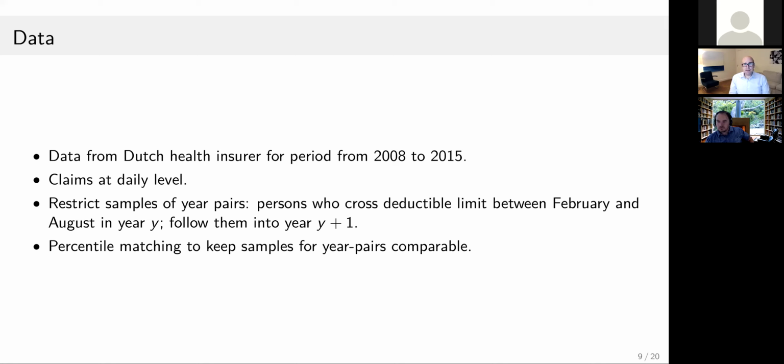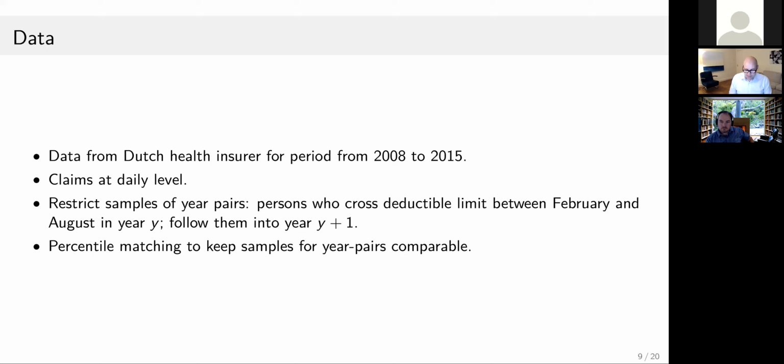When deductible limits change over time and you condition on hitting the deductible limit, then obviously you're always ending up with a different set of people. So what you have to do is undo that, right? In 2014, you would get the top 38% of the spenders, and in 2008 you would get the top 47% of the spenders. And of course, these are different individuals, right? So